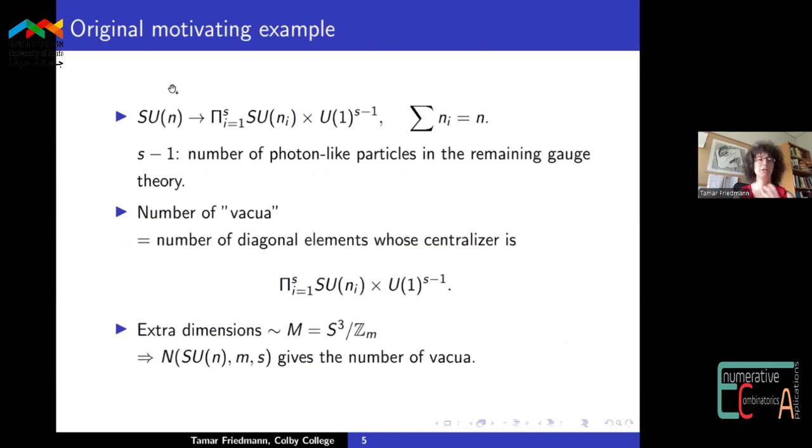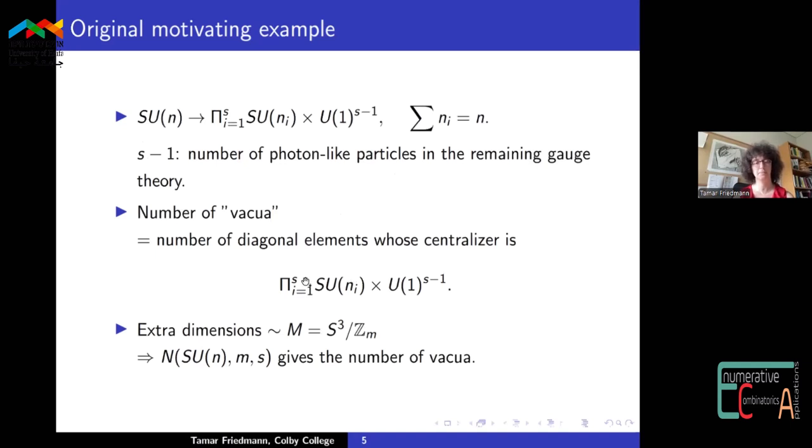And the very original example that I worked on was a little more general. It started with SU(N), broken down to a bunch of SU(n)s and a bunch of U(1)s. In the physics, the number of U(1) factors here corresponded to the number of photon-like particles in the remaining gauge theory, which is physically important. And the number of ways you could get from SU(N) to such a subgroup is the number that we were interested in. It's the number of vacua, and it's the number of diagonal elements in SU(N) whose centralizer is exactly